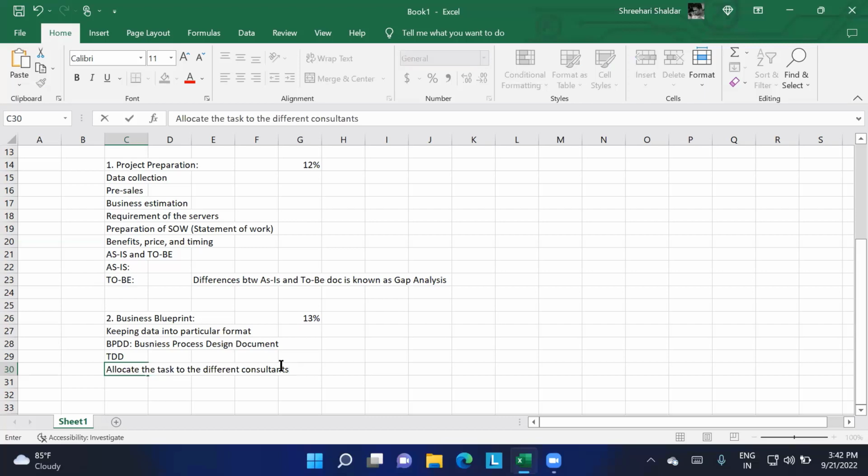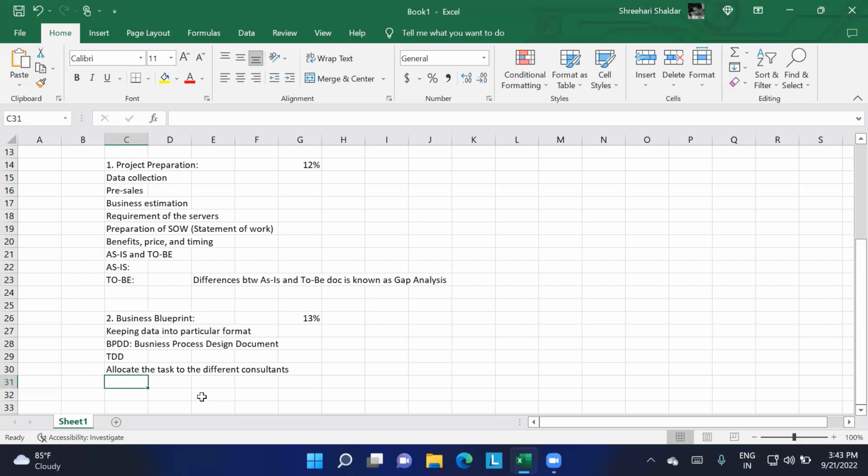They're going to take these particular values. After that, let us consider a business whose process is a little lengthy. At that time they may choose 3 people in MM, 4 people in FICO, like that. They're going to collect different people. So at that point, they will allocate different tasks to the different consultants here.